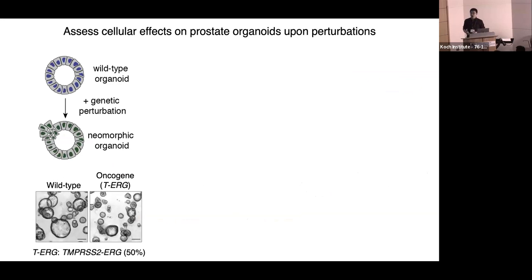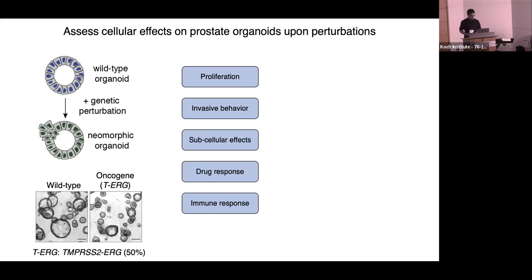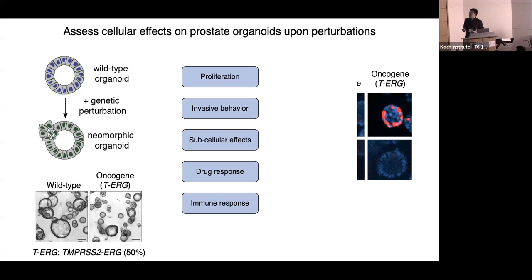So with these organoid models, I can introduce multiple genetic perturbations based on mutations and copy number changes from the cancer cases. For example, here, I introduced the TMPRSS2-ERG fusion, which occurs in 50% of the prostate cancer cases. And as you can see here, it causes some levels of morphological changes. And then we can do a lot of assessments to these organoids, such as evaluating growth and invasive behaviors, etc. And one of the most recent examples is that,